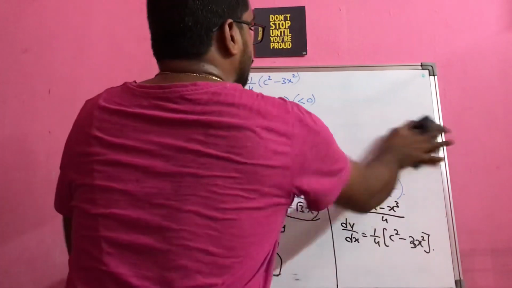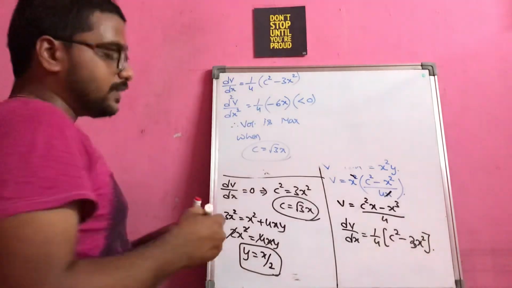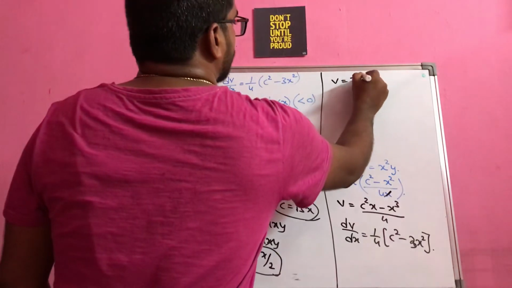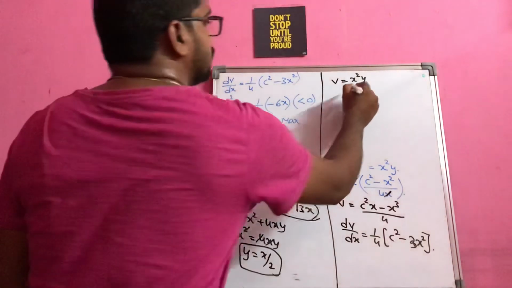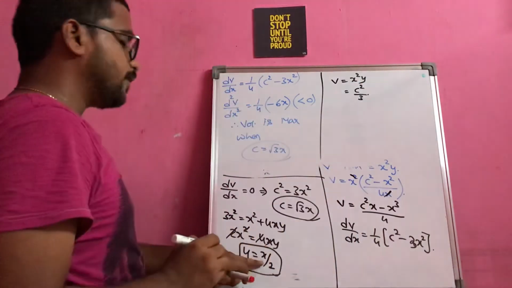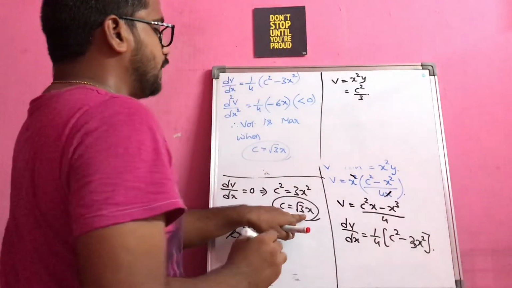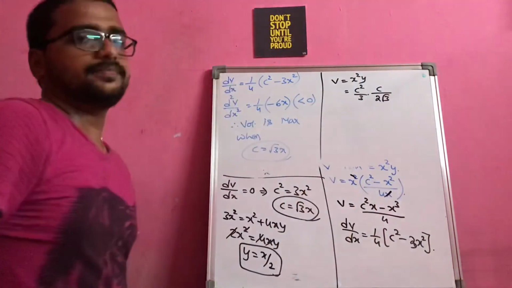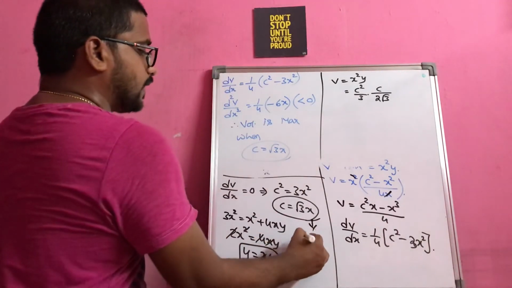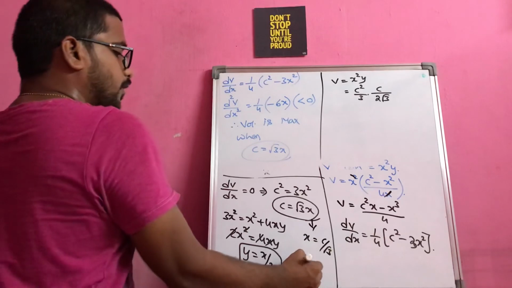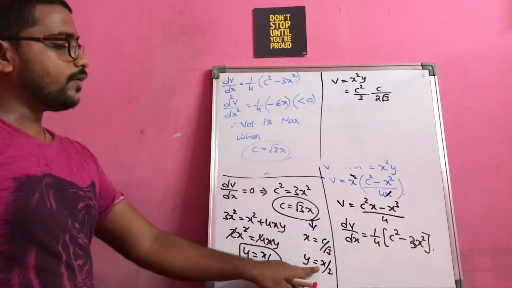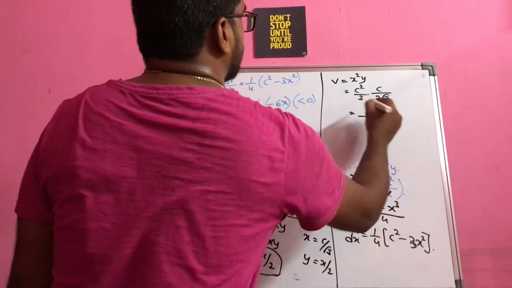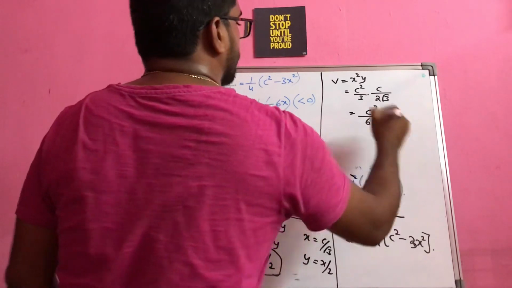Now, let us come to the proving part. We have to prove that volume is something like c cube by 6 root 3. So volume is equal to x square y. x square means c square by 3. y means x by 2. So x by 2 means x is nothing but c by root 3, so c by 2 root 3 we are getting. Understood? Because from this I can say x is equal to c by root 3, but you have y equal to x by 2. So that means y value will become c by 2 root 3. That's what I am getting here. So if I do the further simplification, c cube divided by 6 into root 3. That's how I am getting.